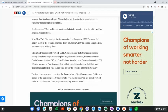In the past months, we haven't had any new movies coming out, but with the news that we're having big states like New York and California opening these theaters to limited capacity, that's huge news for the movie industry. There's going to be a lot of sentiment like, okay, this is really working. We can start making more movies. The hype around AMC will start to increase. And then also,